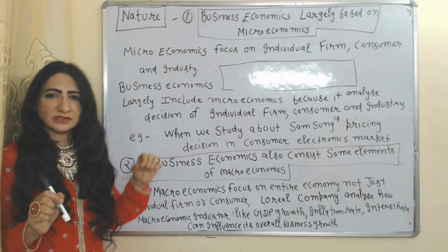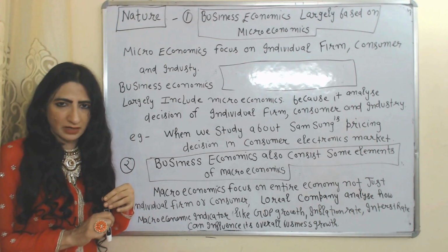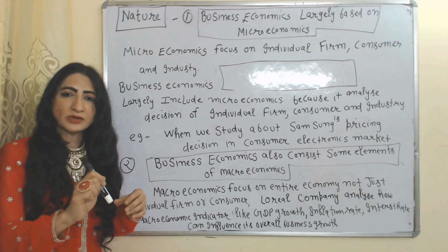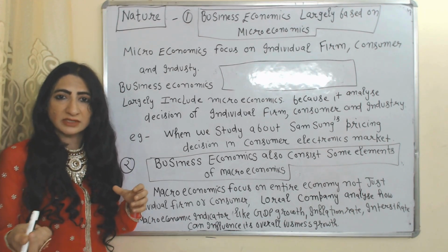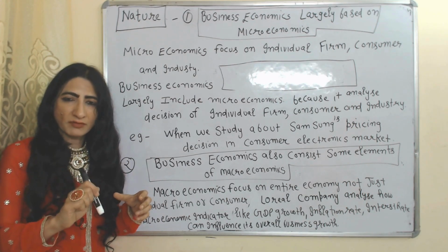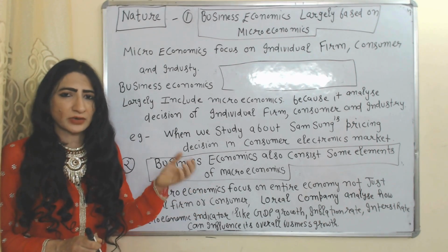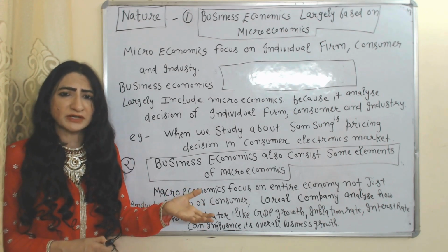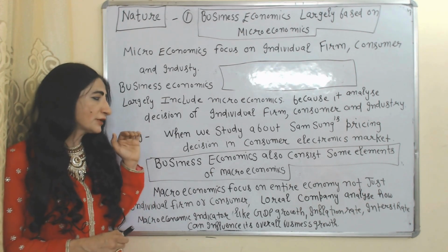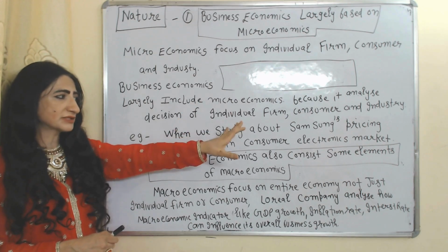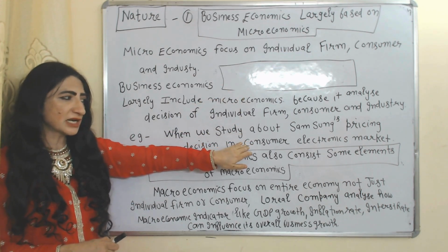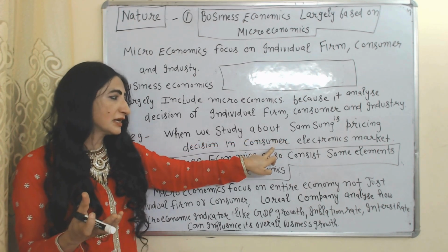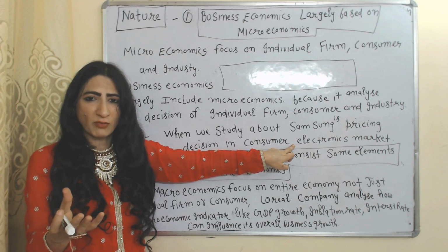Business economics is largely based on microeconomics. As we know, microeconomics focuses on individual firm, consumer and industry. And business economics is largely based on microeconomics, because business economics mostly analyzes the decisions of individual firm, consumer and industry. For example, business economics studies Samsung's pricing decision in the consumer electronics market. As we know, Samsung is a specific form of individual firm and consumer electronics market is a specific form of individual